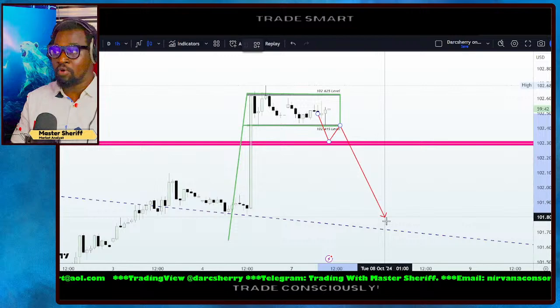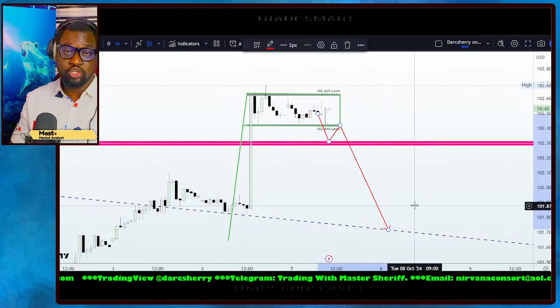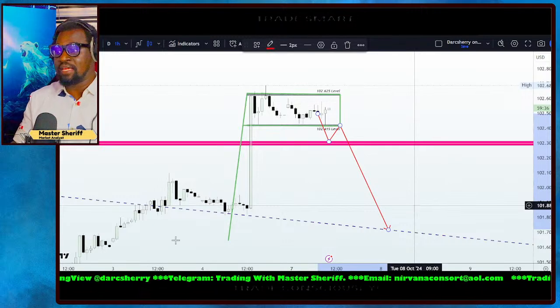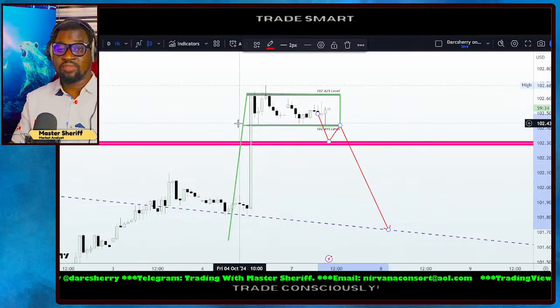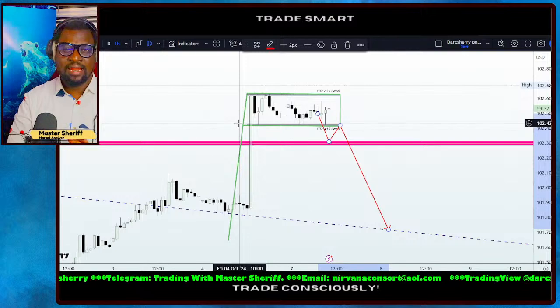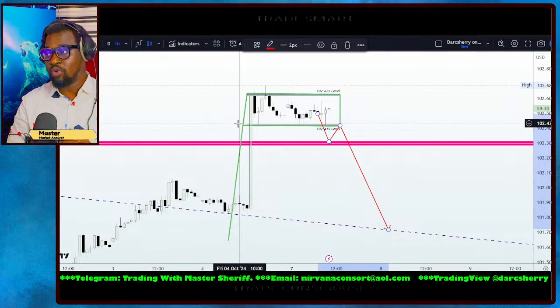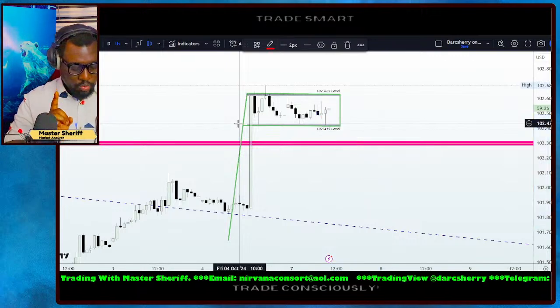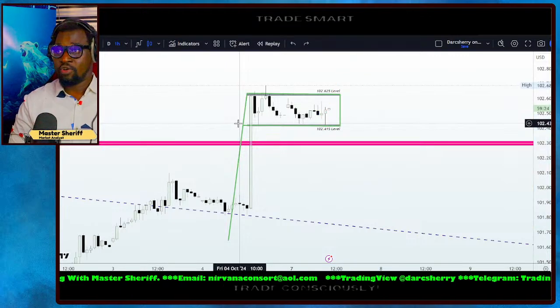However, if price does not break out of the structure and instead we see price break down the support line, this could incite selling pressure, which could be a reflection of profit-taking activity, as those who had capitalized on that strong bullish momentum in the last 3 to 4 days may likely want to be taking some profits off the chart. So with this structure identified here on the DXY,